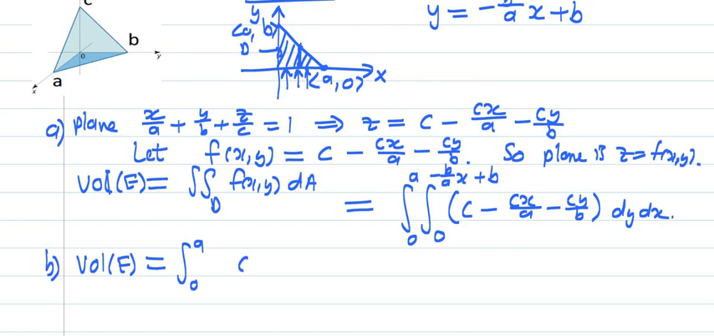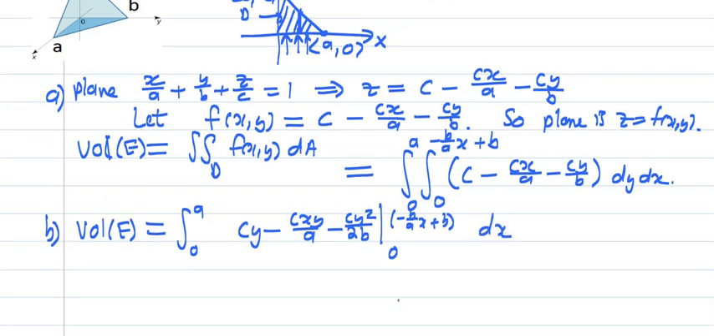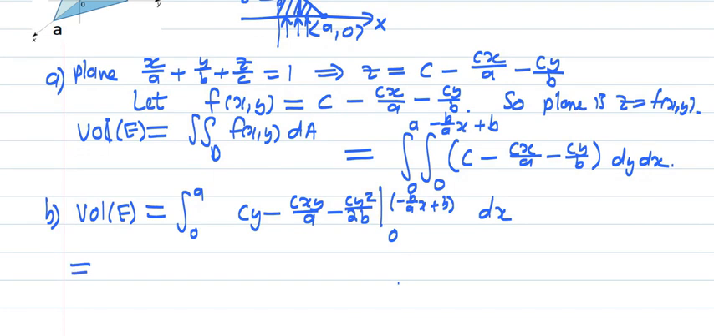So this is cy minus cxy over A minus cy squared over 2b. The bottom bound is 0. The top bound is minus b over ax plus b dx. All right. And so then what you do is the integral from 0 to A, and you replace all of